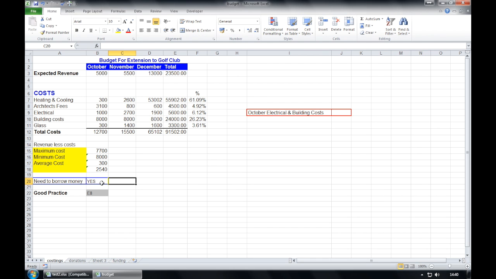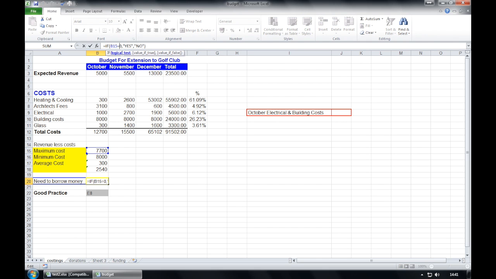We now want to change this function so it says yes if the number in cell B15 is actually equal to 0. So we don't need to retype all of that. We can go back into it, and rather than having the greater sign, we can delete that part and change it to equals and press enter. And now it's changed to no, because 7,700 does not equal 0.